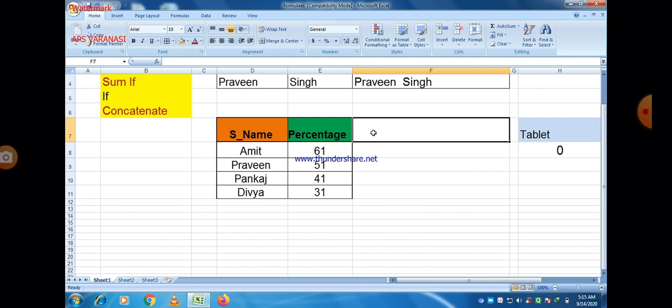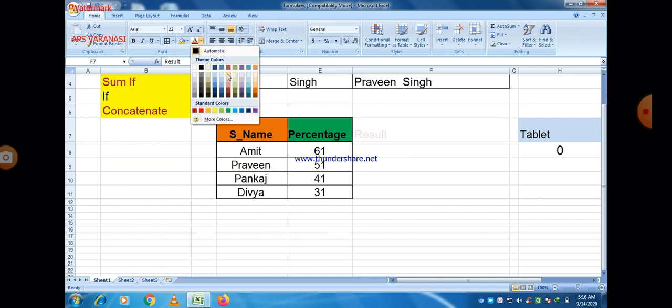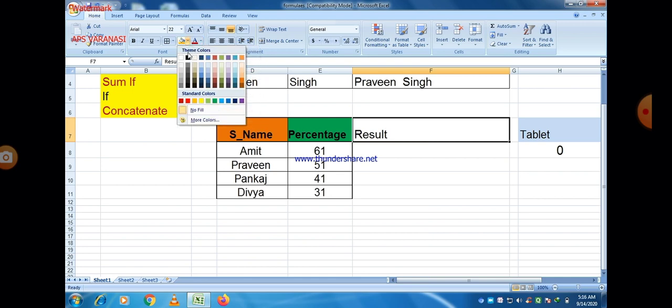Now we want to calculate the grade here, or we can say the result. So the result in terms of percentage will be displayed. So we just give the column name Result here, and now it is time to apply the formula.